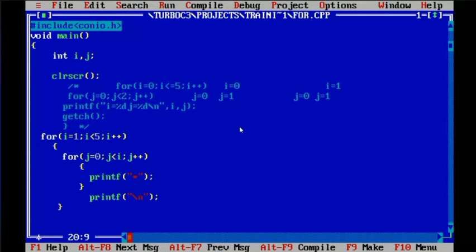I have given slash star in the beginning, from where I want to deactivate, and star slash up to which I want to deactivate. It can help you deactivate multiple lines of your program. That will not be compiled.